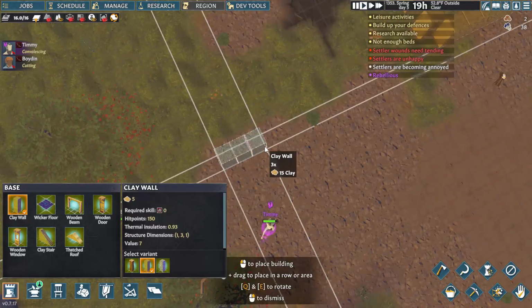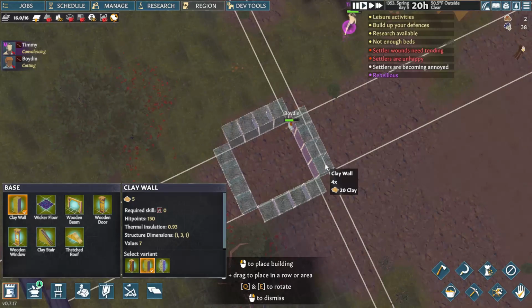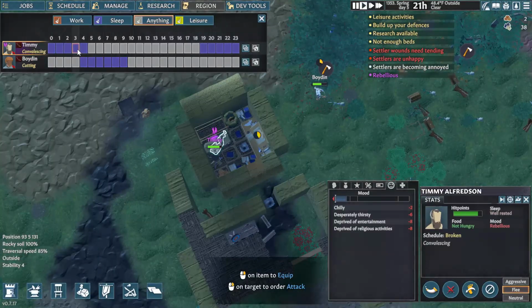Goodbye, Timmy. Alright, what would a kitchen look like here? I think it'll go about here, and it'll be... That's a little too small. One more space. Perfect. I set their sleep schedules to alternate to avoid any potential issues with only having the